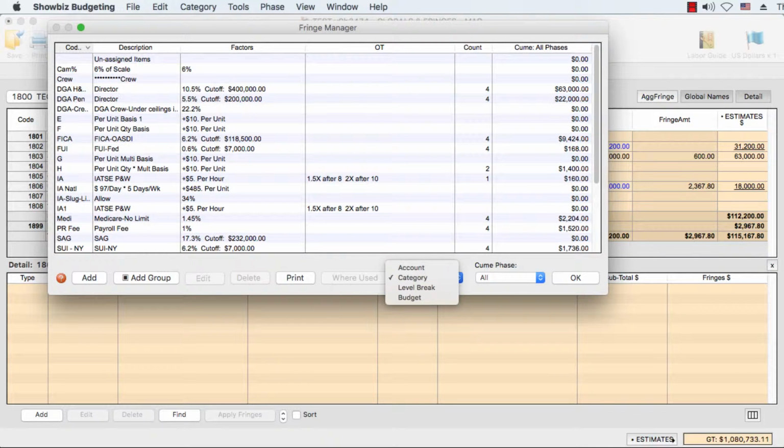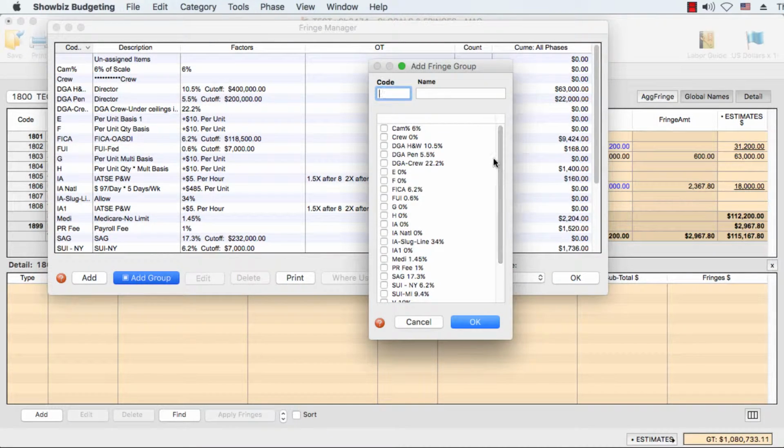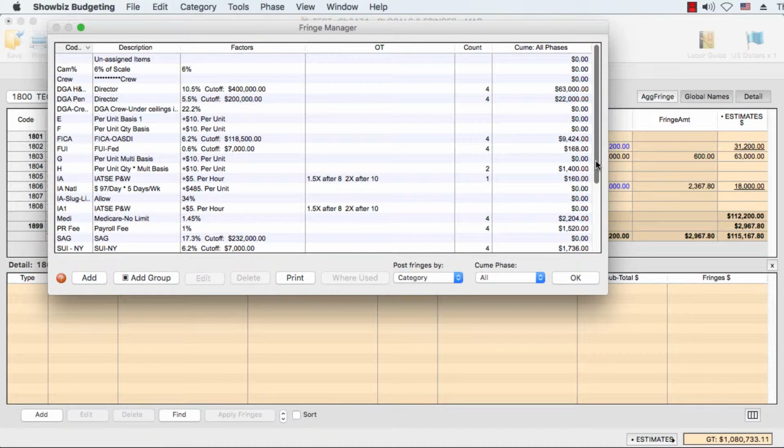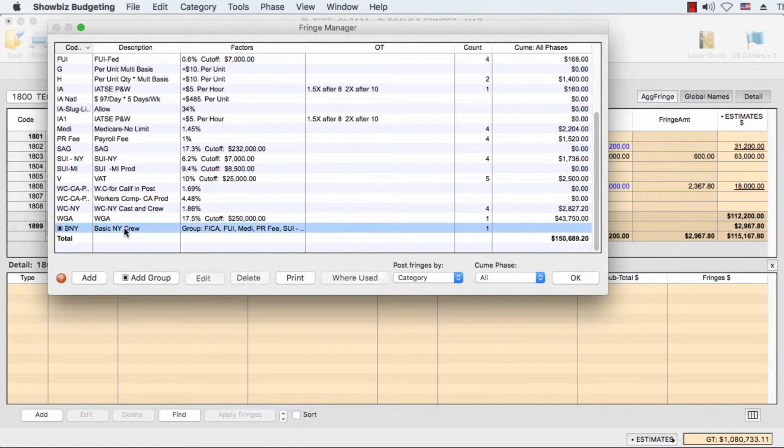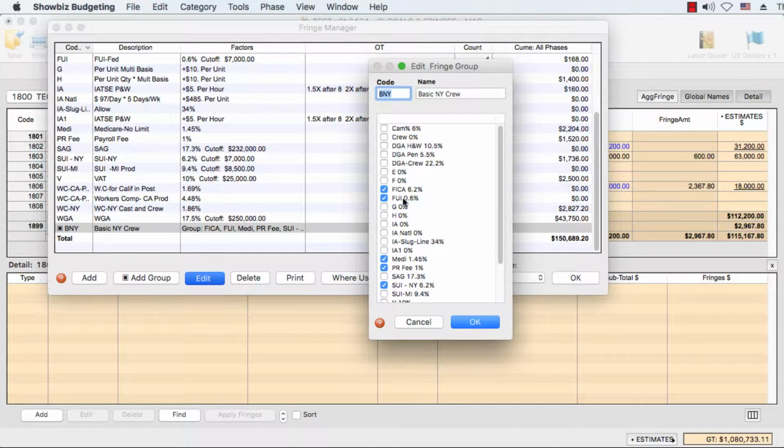The new Fringe Group feature allows you to create a group of fringes selected from your pick list that can be applied all at once, rather than having to choose them individually each time you want to apply them to a particular line. Take a quick look at the one I've set up down here at the bottom, Basic New York Crew. Click on Edit, and you can see which of the fringes I've selected